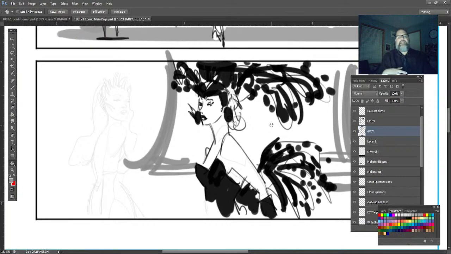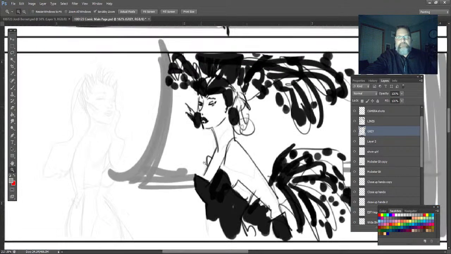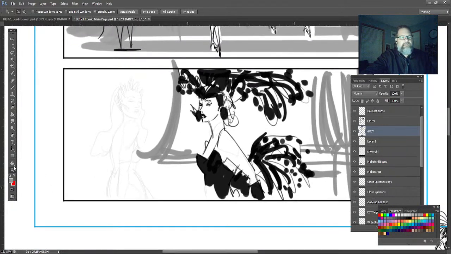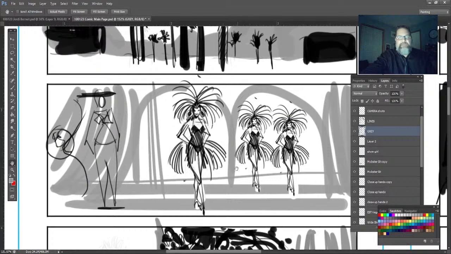So if I'm looking at this sequence here, I sort of see where all the showgirls are in relation to each other, and I sort of know what's going on. And so as a viewer,